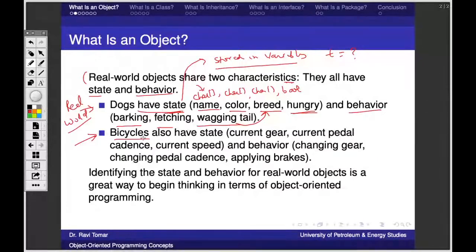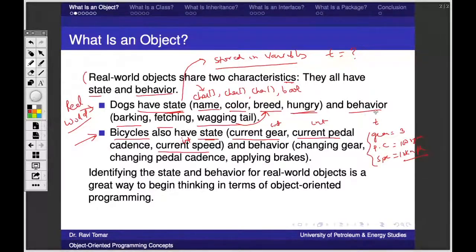See here, a bicycle also has a state. State means current gear, current pedal cadence, and current speed. So maybe this is an integer variable, this is also an integer, and this is also an integer. So I can say at any point of time t, gear is maybe third, pedal cadence is maybe 100 RPM and speed is 10 kmph, right?